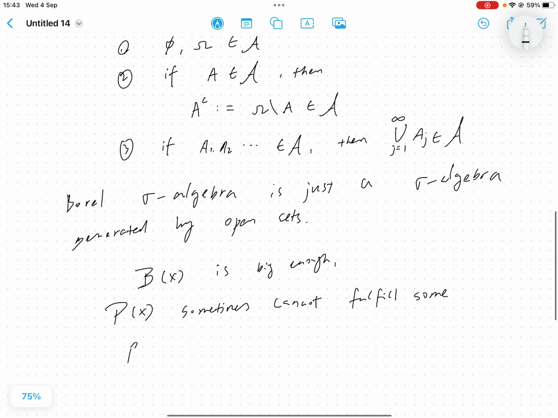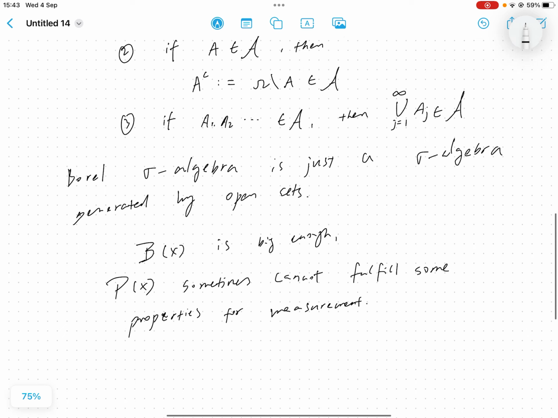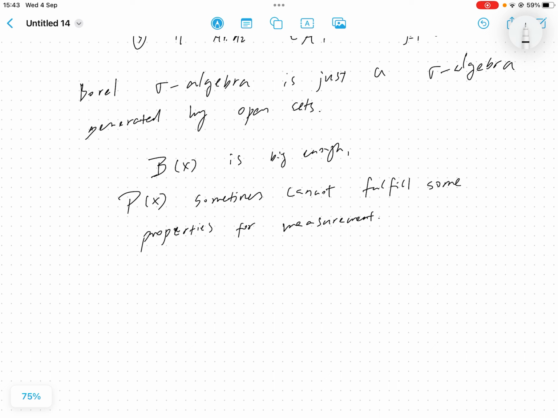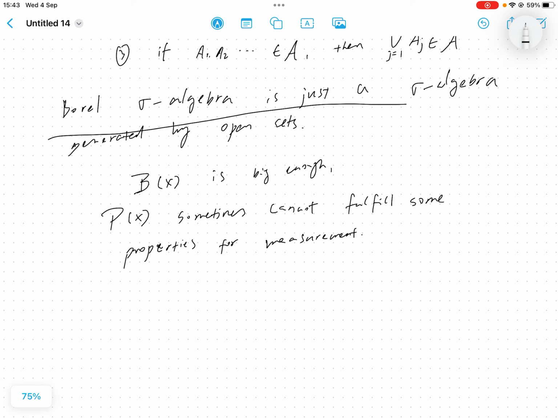Cannot fulfill some properties for the measurement. Okay. All right, so that's why we need the sigma algebra, and the Borel sigma algebra is just a special case of the sigma algebra, right? So it should be a special case of that, and this Borel sigma algebra is a sigma algebra generated by